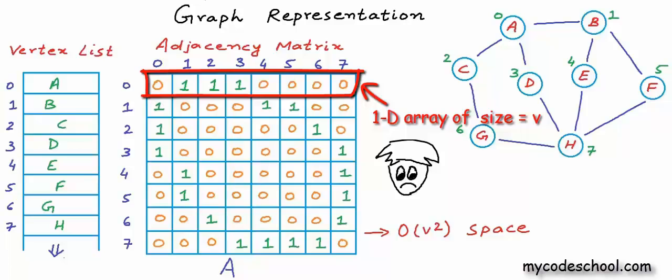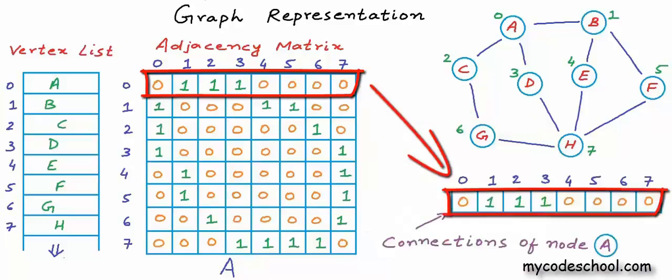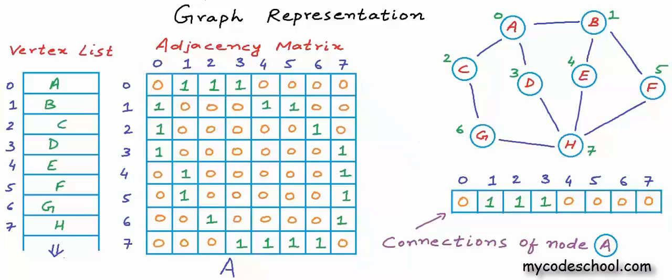And what exactly are we storing in a row? Let's just look at this first row in which we are storing connections of node A. This two-dimensional matrix or array that we have here is basically an array of one-dimensional arrays. So each row has to be a one-dimensional array. So how are we storing the connections of node A in these 8 cells in this one-dimensional array of size 8? A 0 in the 0th position means that there is no edge starting at A and ending at the 0th node, which again is A. An edge starting and ending at itself is called a self loop, and there is no self loop on A. A 1 in 1th position here means that there is an edge from A to 1th